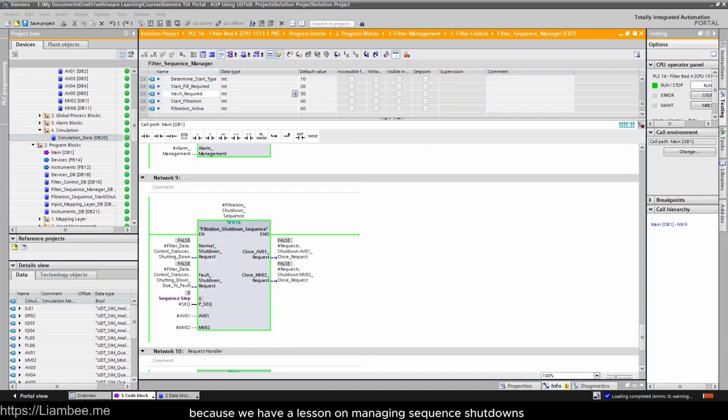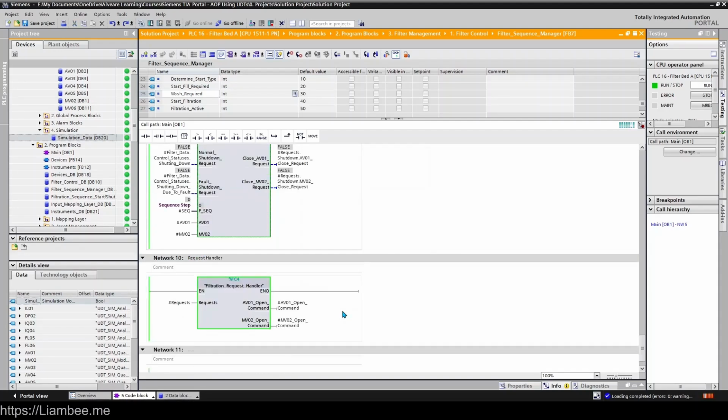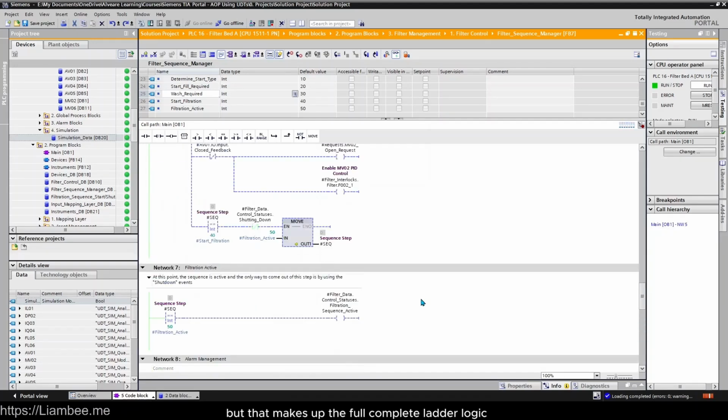because we have a lesson on managing sequence shutdowns, and I've already given the first half away with the whole start and stop function block. But the whole safe shutdown of the filter happens here. This is what causes that to happen. And then we have a request handler, which also is covered in its own lesson, but that makes up the full, complete